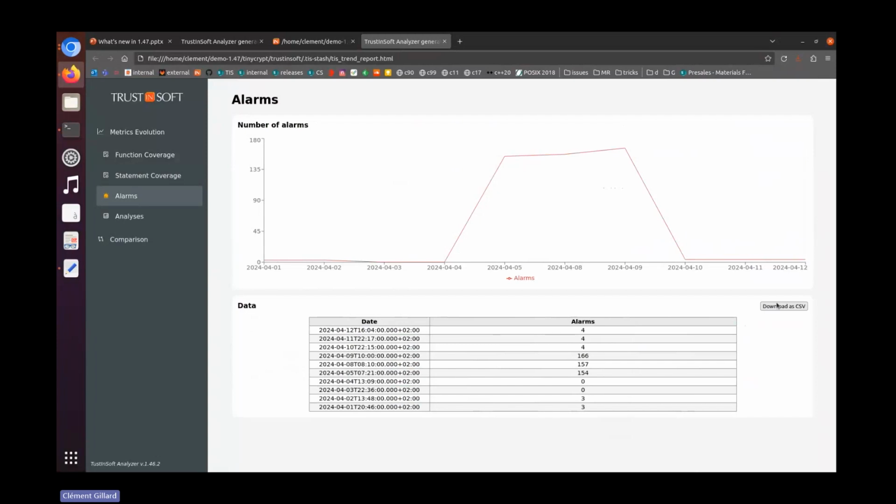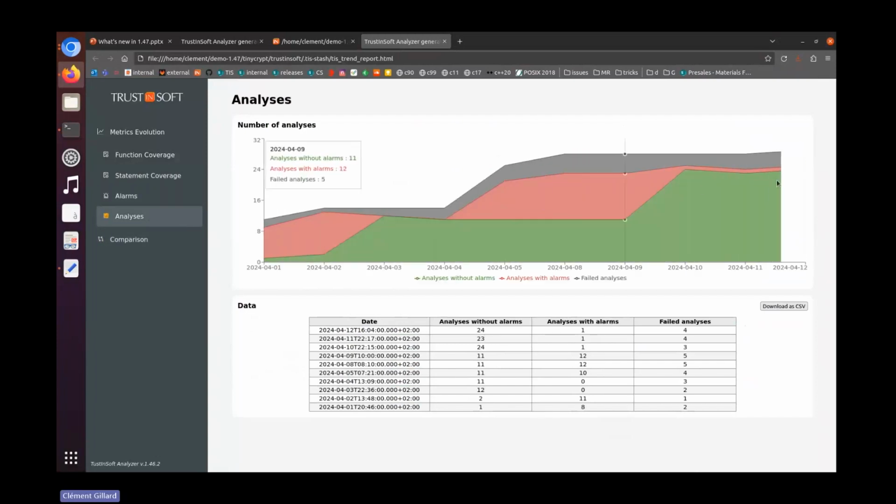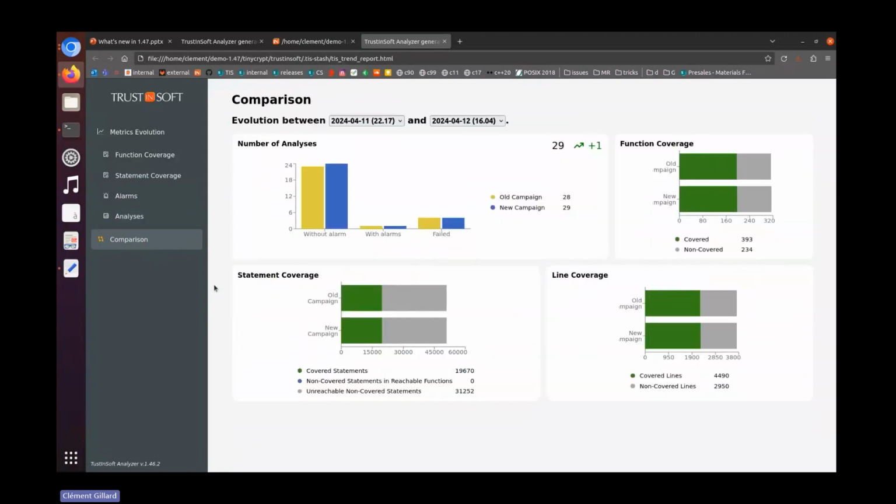Here, the number of alarms. And I also have that nice colored graph about the type of each analysis. And the most important feature of that trend report, I can also compare two analyses. So for example, here, if I wanted to compare from the start, when I started my campaigns, to my latest